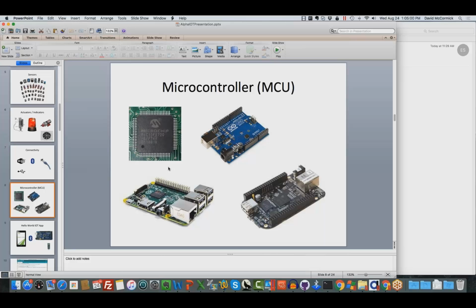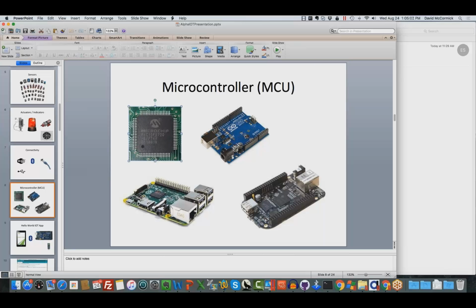Now up here on the screen I've chosen 4 microcontrollers. This one is an embedded microcontroller chip, and for most mass-produced products this is the sort of thing that you would find on the inside of your smart TV, your cell phone, things like that. But then for things that aren't mass-produced, things that are still in the prototyping stage, or things that are done in smaller volumes, they have other types of microcontroller boards which have been on the market.